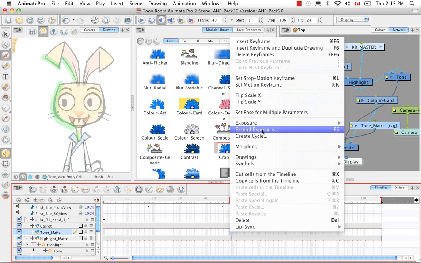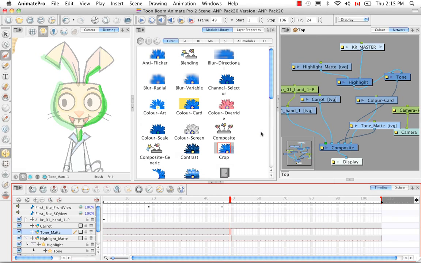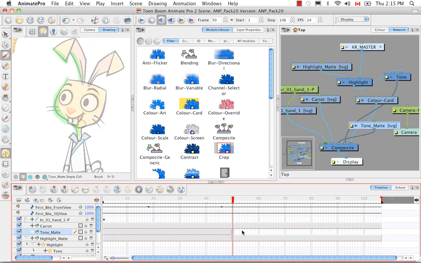Once again, the reason that I'm extending the exposure using the right click of my mouse is because the keyboard shortcut F5 happens to be a keyboard shortcut for my recording software as well, so that's why I'm doing it the long way instead of using F5 all the time. So let's go one frame over, paint our second matte for the 3/4 profile view of the Karate Rabbit, extend that exposure,